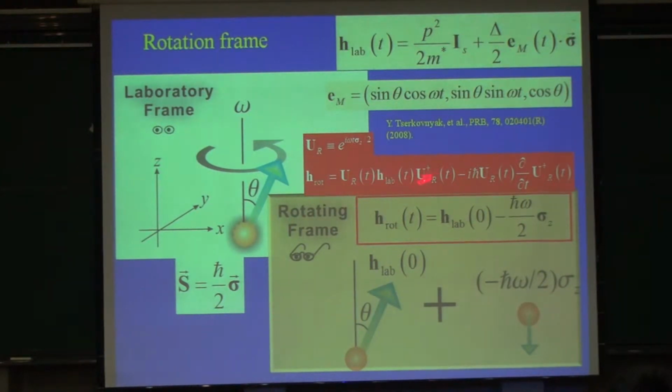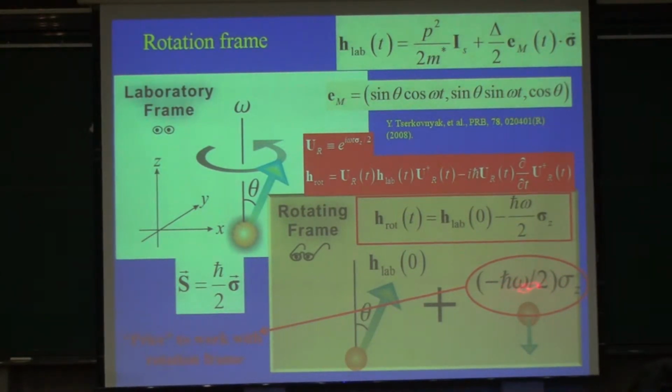In the rotating frame, you get a result similar to the lab frame, but you have another Zeeman splitting because you go to the rotating frame. So the price of going to the rotating frame is that you introduce a Zeeman splitting of up and down electrons by this